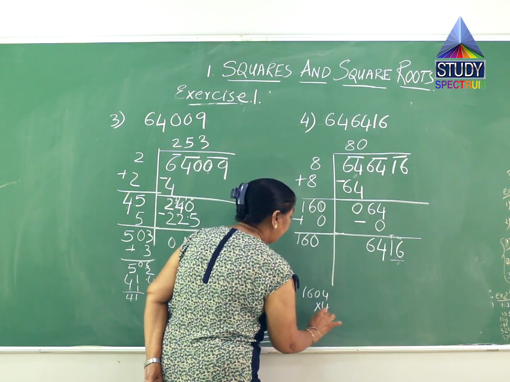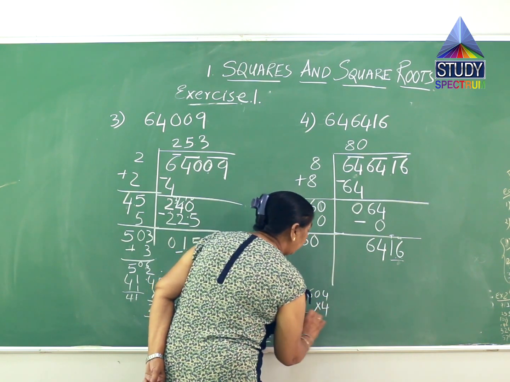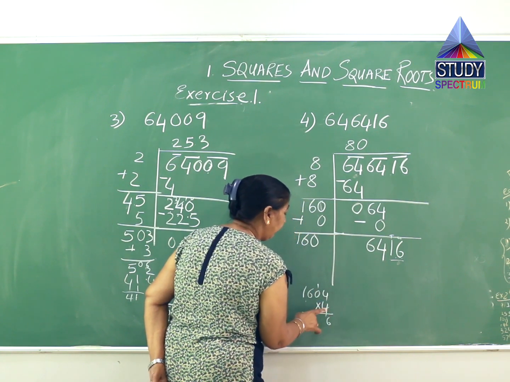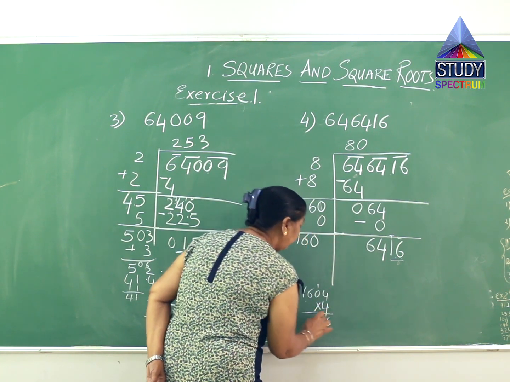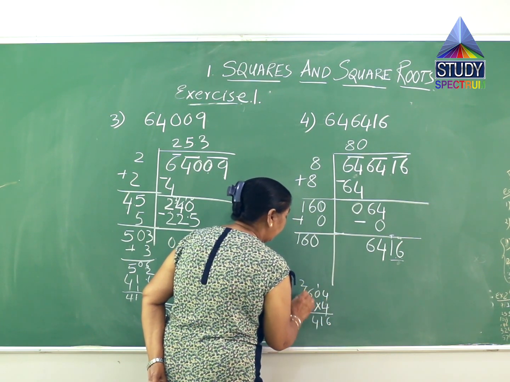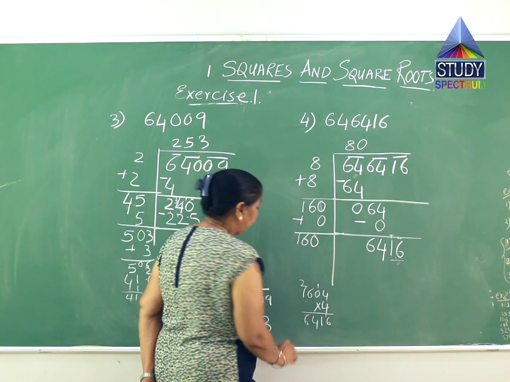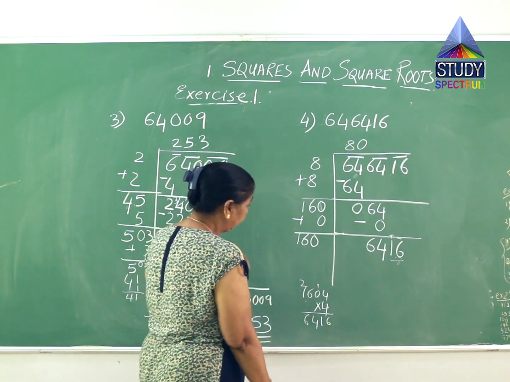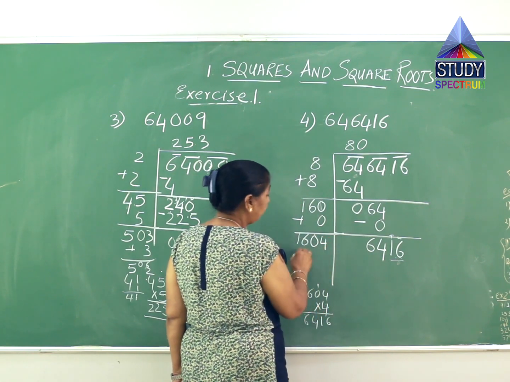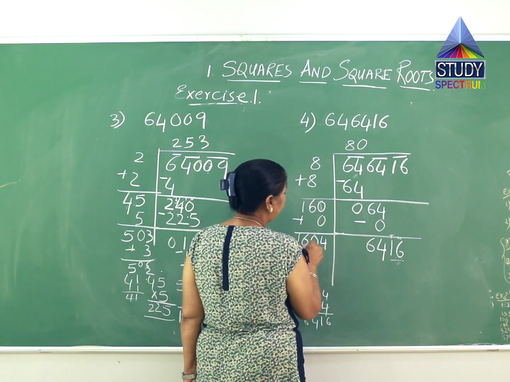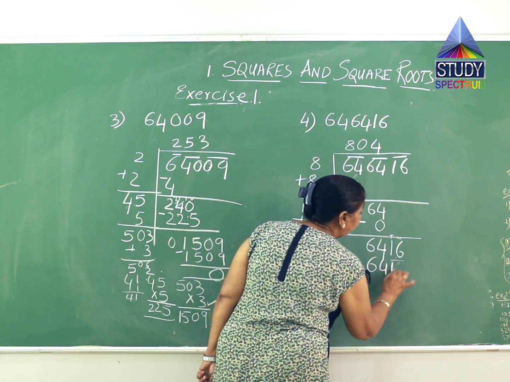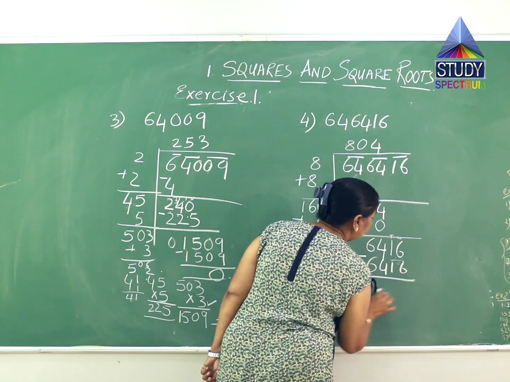So if I multiply 1600 by 4, it will give me 4 into 4, 16, 1 carry, 4 zeros are 0 plus 1, 1, 4 6s are 24, 2 carry, 4 ones are 4 plus 2, 6. Sorry. Now this is the correct number which I have to take. So I'll put 4 over here. So 1604 multiplied by 4 gives me 6416.